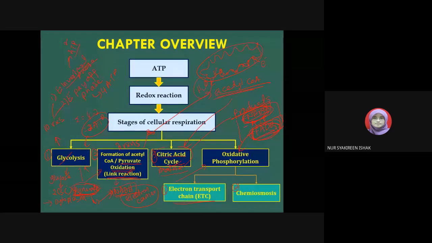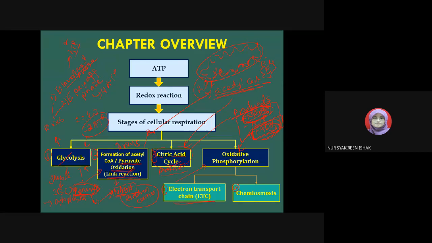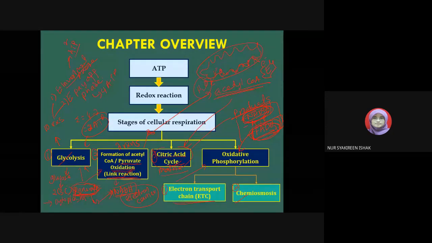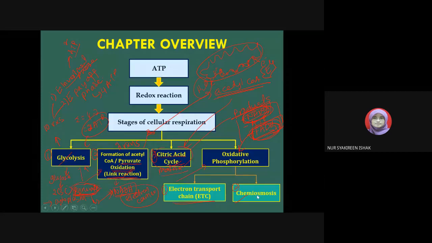As the electron is transferred from one carrier to another carrier, the electron releases energy. This energy will be used in the chemiosmosis reaction. So what is chemiosmosis? Chemiosmosis involves the energy which is released by the electron to pump hydrogen ion from the matrix